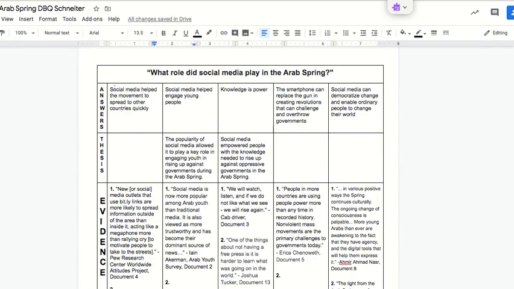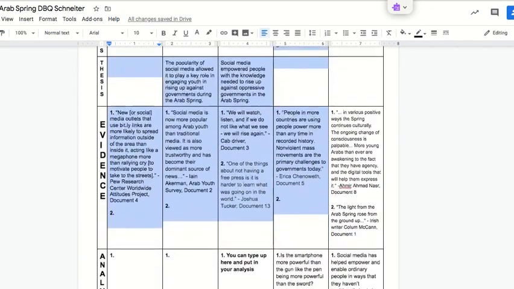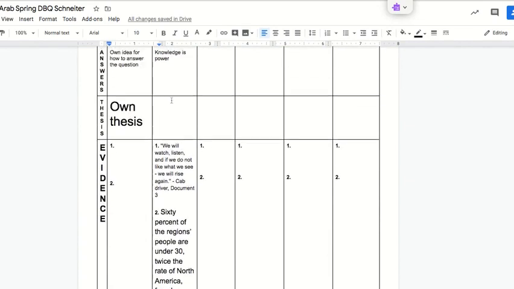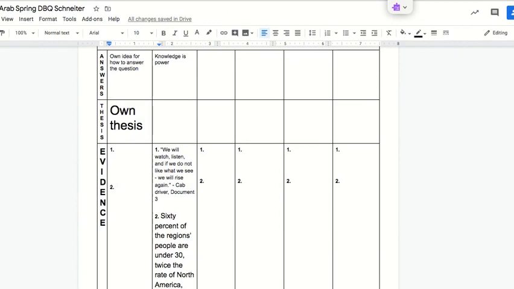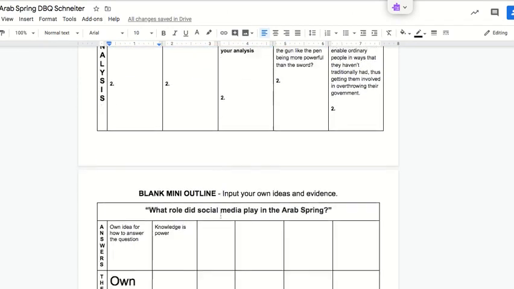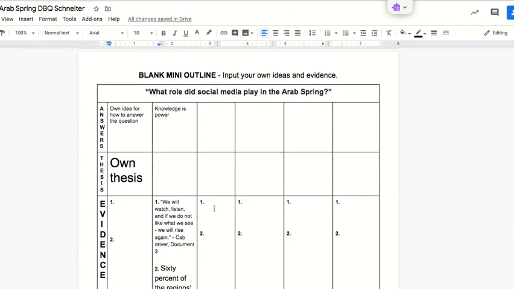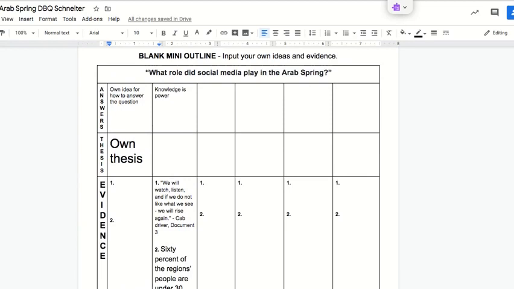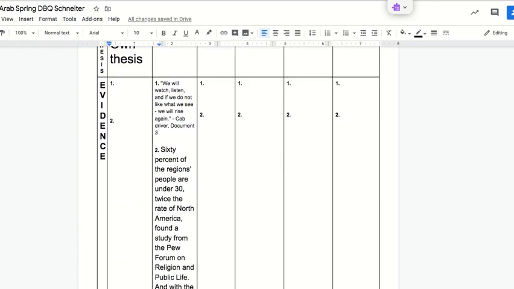So hopefully this will all help get you started with what you see here in the essay starter outline. You can use the blank outline to really maybe build out your essay the way that you want if you don't like all the ideas that are up here. So that's kind of how you can use this. Again, it's kind of a fill in the blank. It's kind of an idea generator, a way to hopefully give you some ideas of how to answer that question.